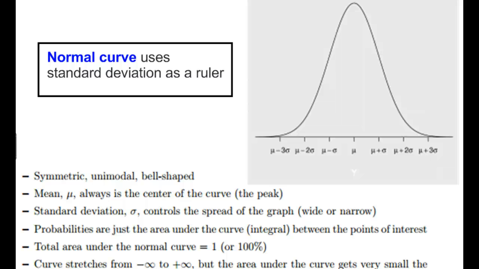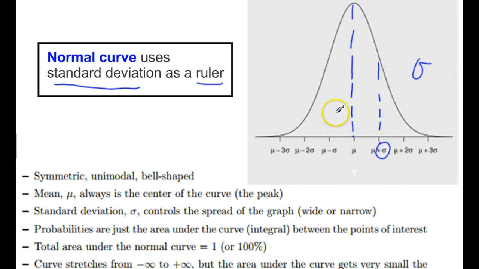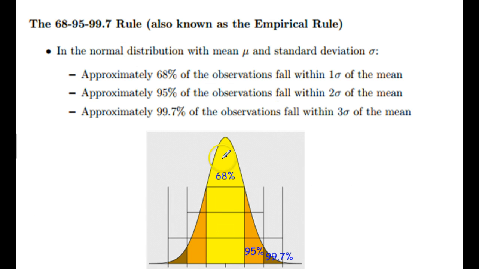The normal curve is kind of a big deal. This is something we use a lot in stats, and we're basically using a standard deviation as a ruler. So you can see that the mean of the data is in the middle of the bell curve here. Here's some stuff about that. You may want to write that down. It's kind of interesting. If you go 1 standard deviation over to the right, if I add 1 standard deviation, this is the term for standard deviation, sigma, as a Greek letter. And so if we add in one direction or subtract in the other direction, that's considered 1 standard deviation out from the mean. And so what happens here is 1 standard deviation out from the mean, if it's a normal curve, and a lot of data fits in this kind of normal model.